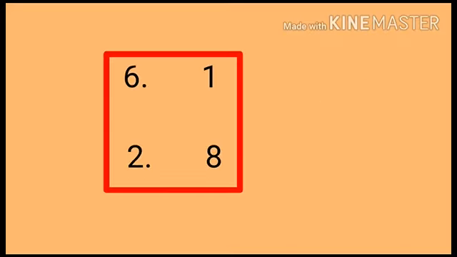Next set is 15, 8, 6, 12. We have to find out which number is biggest number. Here 15 is biggest number, so we have to circle the number 15. Next one. In this group we have few numbers 6, 1, 2, 8. We have to find out which number is bigger number and circle the number. Here 8 is the biggest number. So we have to circle the number 8.